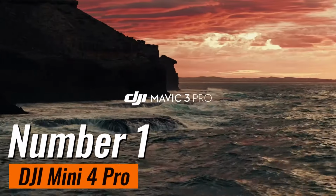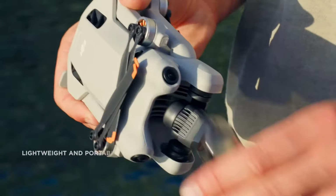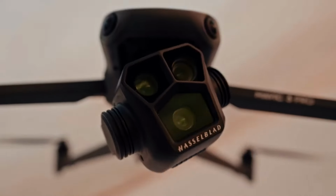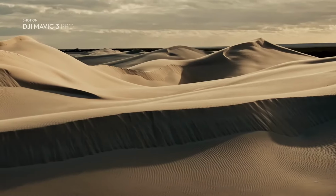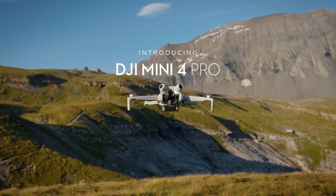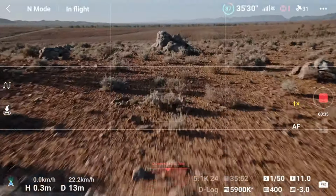Number 1. DJI Mini 4 Pro. It sets a new standard for sub-250 drone performance by improving on the features of the Mini 3 Pro. The updated Mini 4 Pro preserves all the wonderful features of its predecessor, while enhancing the ability to remotely move the camera in portrait or horizontal mode. The video ISO sensor captures superb low-light video at frame rates of up to 30 FPS, enhancing the quality of